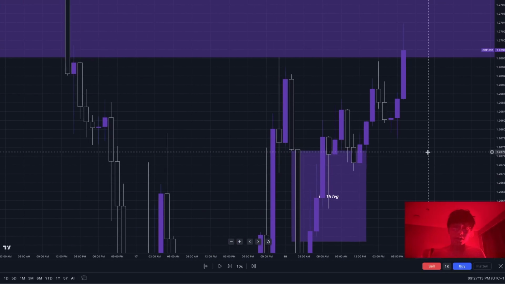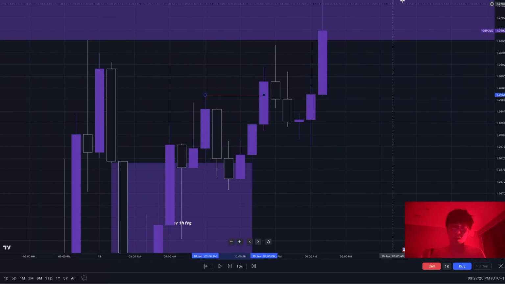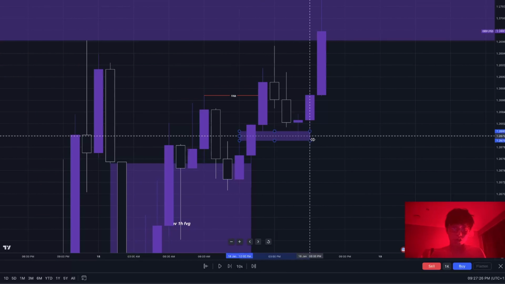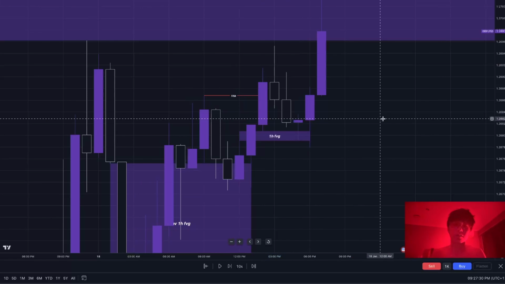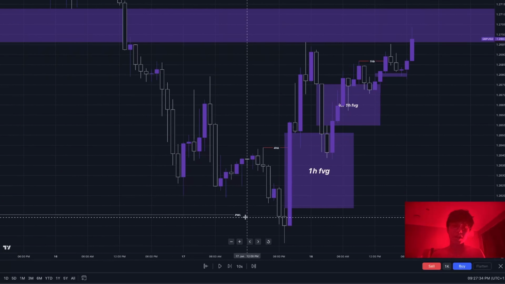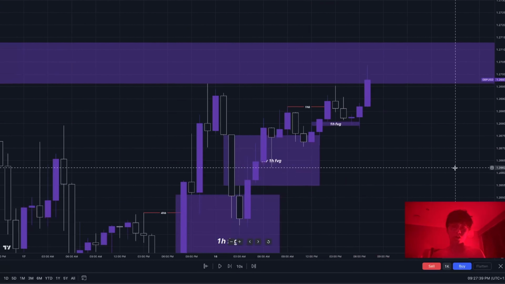And then scaling in even more into where we look for an entry, I saw that we just recently broke structure to the upside once again right here, and then we had another 1-hour fair value gap right here. So obviously I thought, yeah, we're super bullish because we have all of these high time frame fair value gaps and high time frame breaker structures that are saying bullish after taking out a previous week low. We have a big daily fair value gap target, so I'm going to be looking to long into the daily